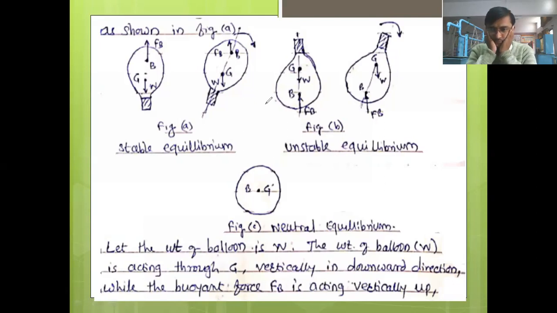Sir, buoyant force is above the center of gravity. Okay. Sanket has given the correct answer to this. At least one student is there who is listening to the lecture seriously. B is above Z. Okay. That means the center of buoyancy is above the center of gravity, then we can say that it is the stable equilibrium.